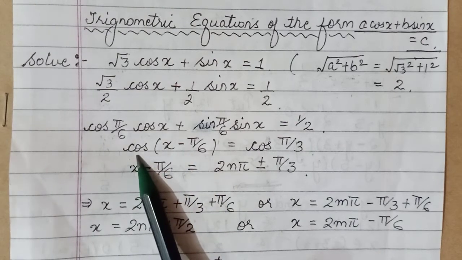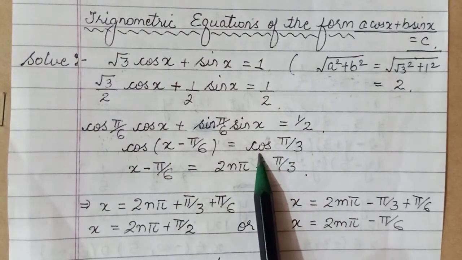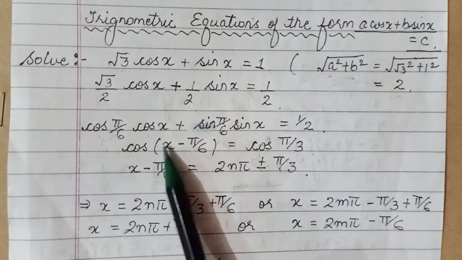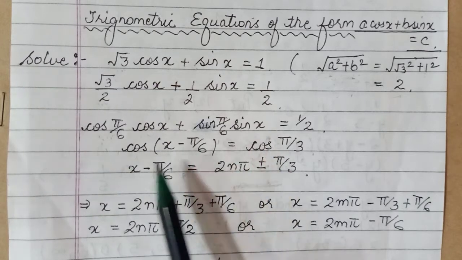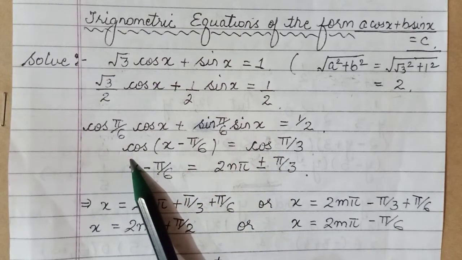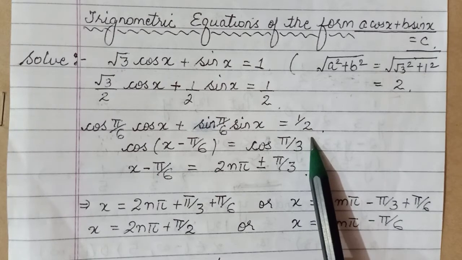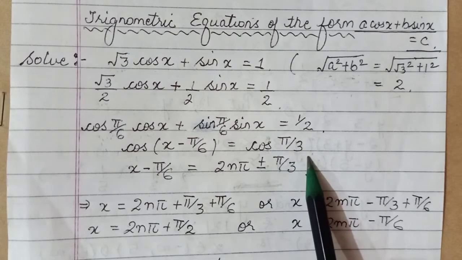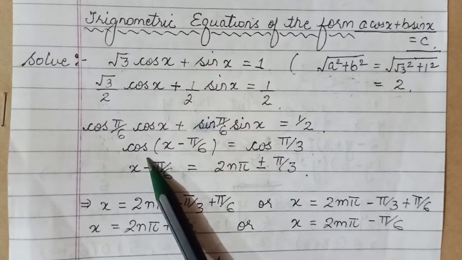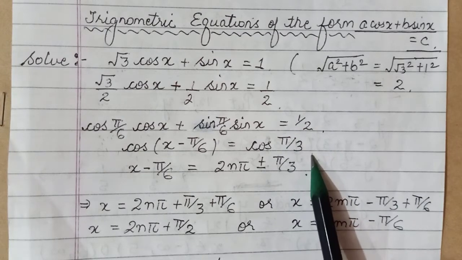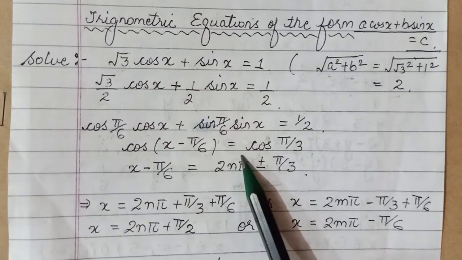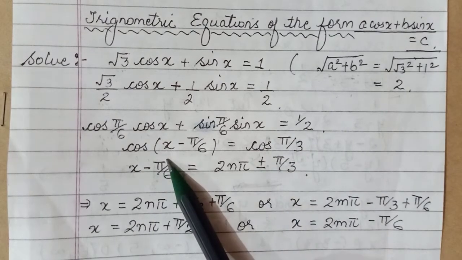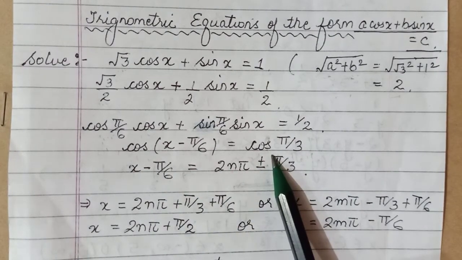If here I have used cos, then I will naturally convert this also into cos, because we have a result for cos cos sin sin. Not a mix of sin and cos. Okay, so since I obtained here the formula for cosine, which is preferred as I am saying, 1 by 2 I will write as cos of pi by 3. If a student introduces the sin formula here, they will write this as sin pi by 6. 1 by 2 corresponds to sin pi by 6 and maybe cos pi by 3. But we introduced cos, so here also we will write the cos ratio.